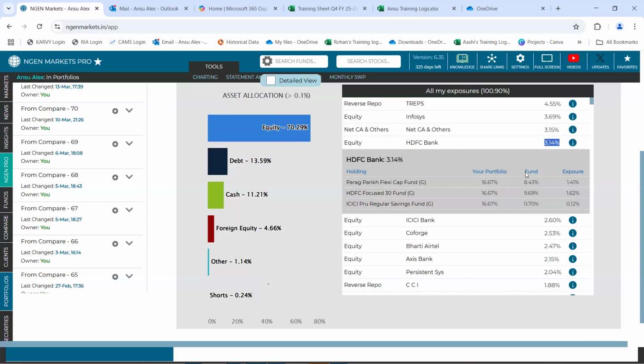Now, there are three columns that you could see further ahead as well. So let's say I select this HDFC Focus 30 fund and try to explain this data. The first column that you see is your portfolio. So it says this fund, HDFC Focus 30 fund, is a part of this test portfolio. And in this portfolio, it is allocated to an extent of 16.67%. The next column mentioned as fund says 9.69, saying that in this fund, HDFC Focus 30 fund,